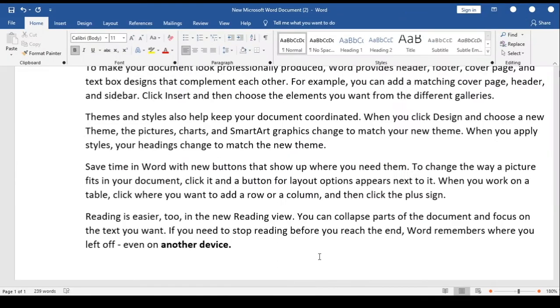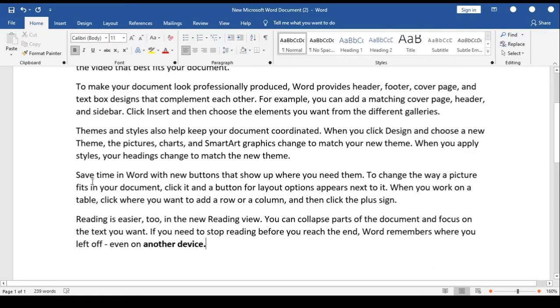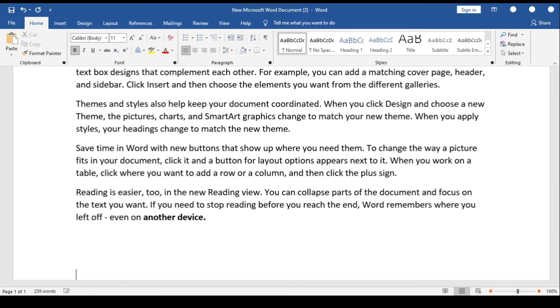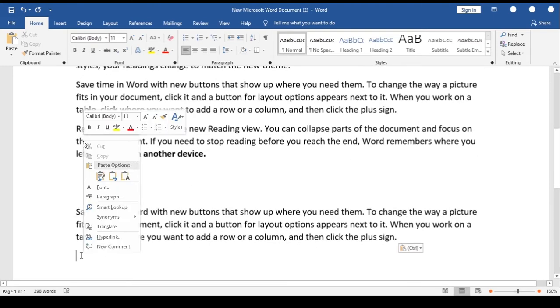Shortcut number 3, Control plus C. If you want to copy some text from your document, you can simply apply this shortcut. First of all, you have to select how much data you want to copy. Select that text and apply Control plus C, and then you have to paste this text anywhere in the document. Go to your destination and paste it by using Control plus V, or you have another option, just right click here and click on the paste option.